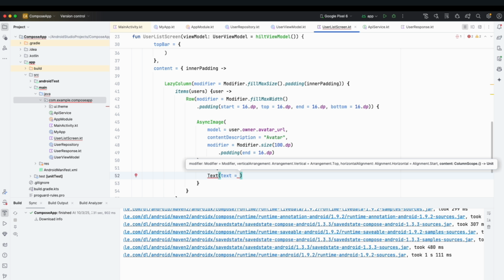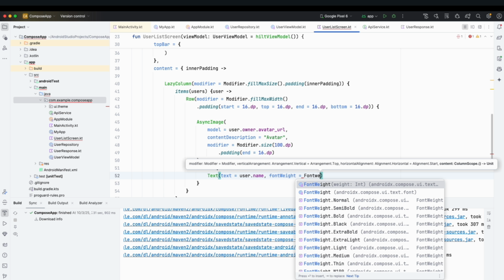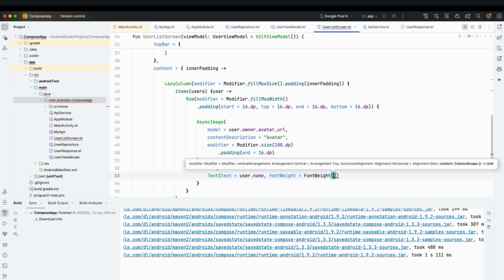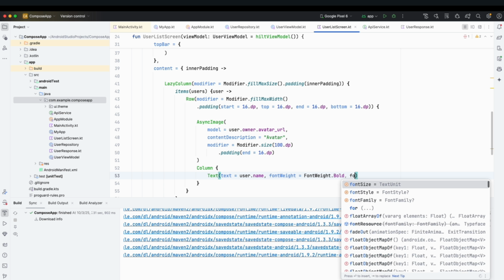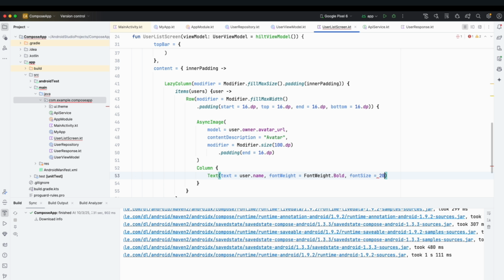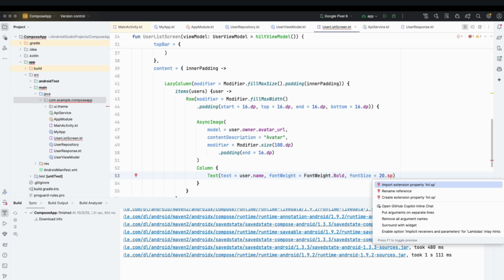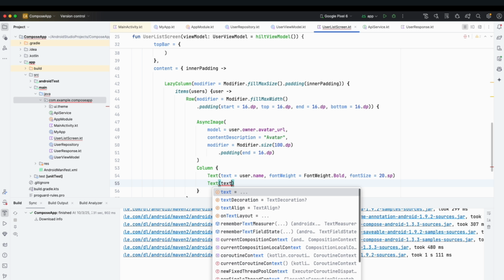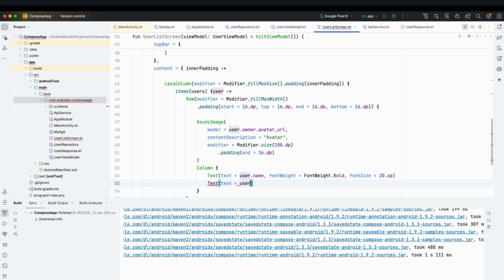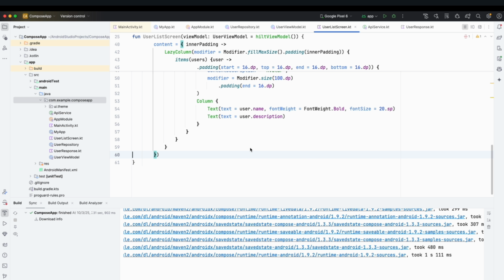And these text we are going to use for displaying the name and the description. So name, username, I wanted to display as bold, a little big in size so that we can easily identify it on the UI. And then another text is to display the description. So user dot description, this is coming from our data class. And that's it for our